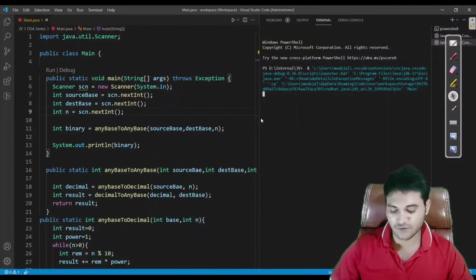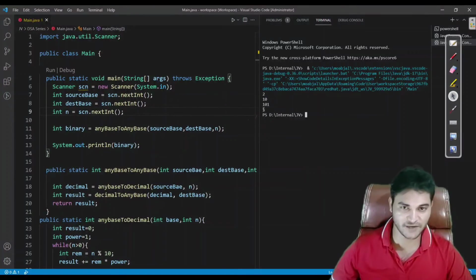So I would enter first the source base, which is 2, and I want to go into the destination base, which is 10, the decimal, and the number which I want to go with is, let's say, 101. So this is the binary of 5. So I should get 5. As we can see, we are getting 5 because this is converting from binary to decimal, 101, which is the decimal 5.